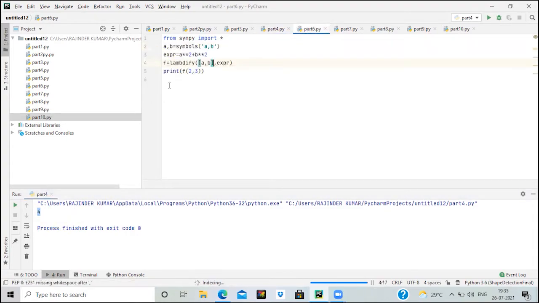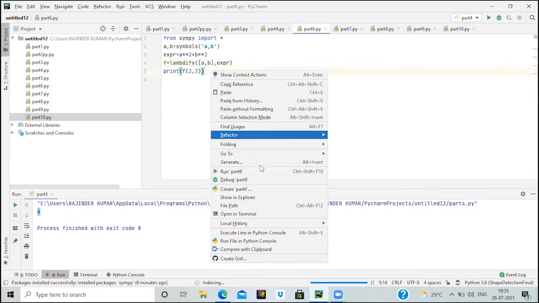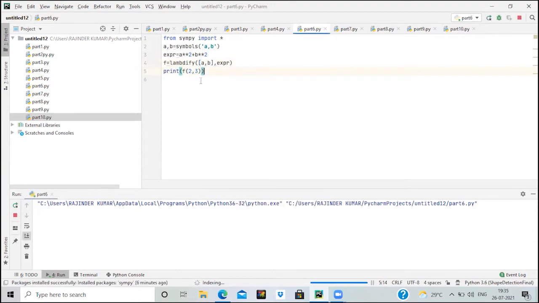Moving on, in this code we are making use of the lambdify function. The lambdify function is used to convert this statement in the form of Python functions. If we run this statement, we would see that this expression would be evaluated, and by using the values of a as 2 and b as 3, we would get the output. Let's wait for the output.